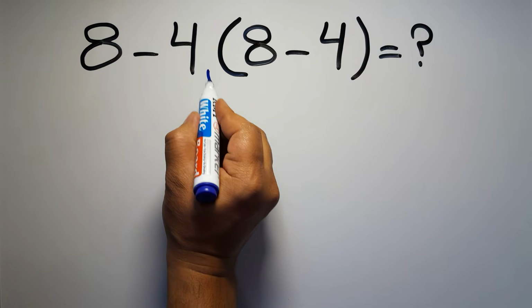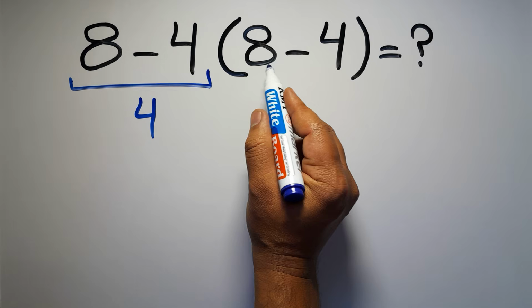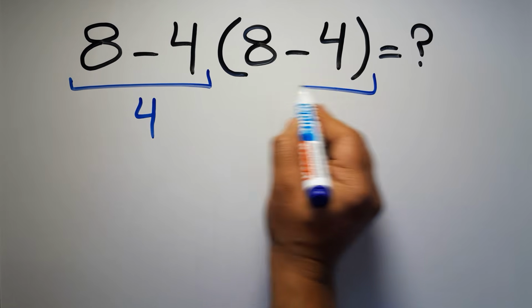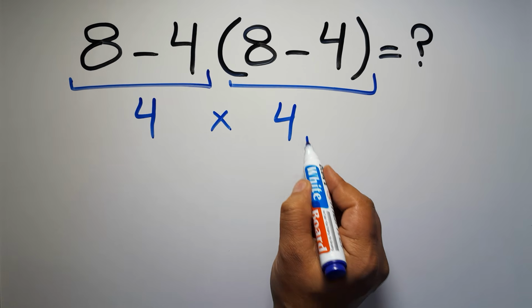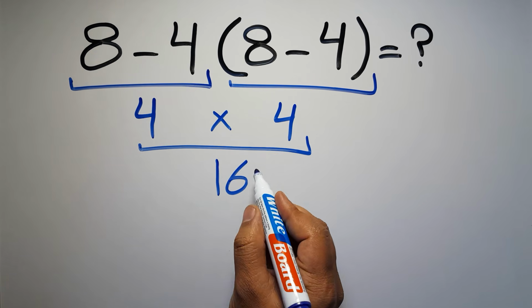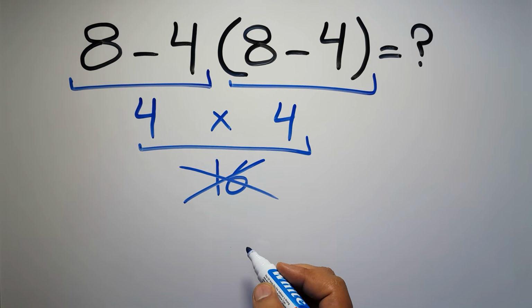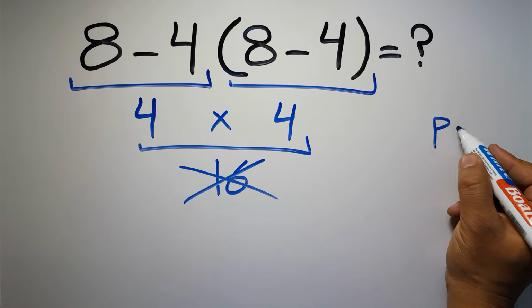8 minus 4 equals 4. And again here we have 8 minus 4. So 4 times 4, which equals 16. But this answer is not correct, because according to the order of operations, first we have to do parentheses, then